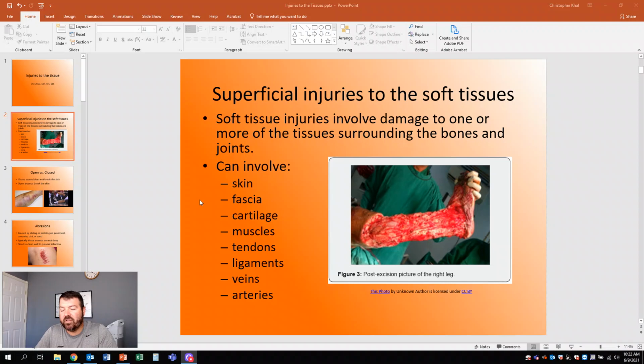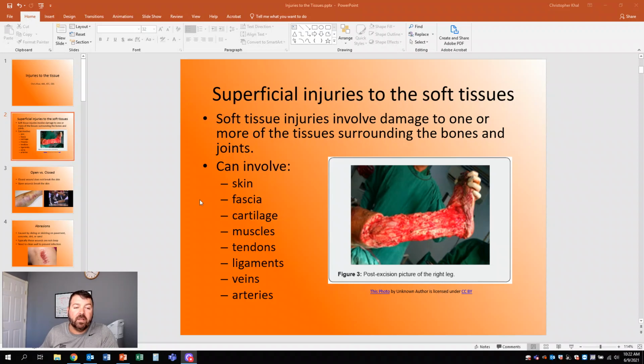Sometimes it's really easy, a little abrasion, they fell, scraped their knee on the concrete, abrasion, okay? A lot of them, if it punctured, if it goes through all the different layers of skin, it could damage underlying structures that you don't know about. And you can't assume that it's fine either.